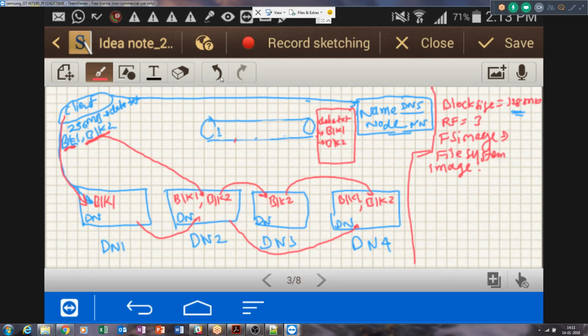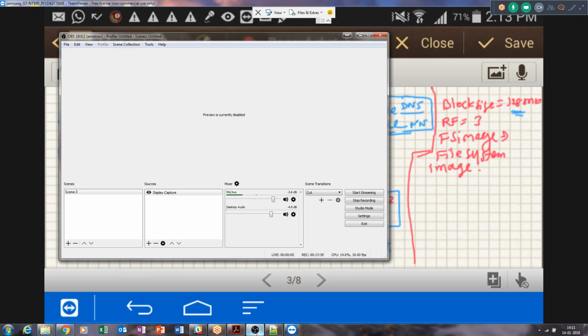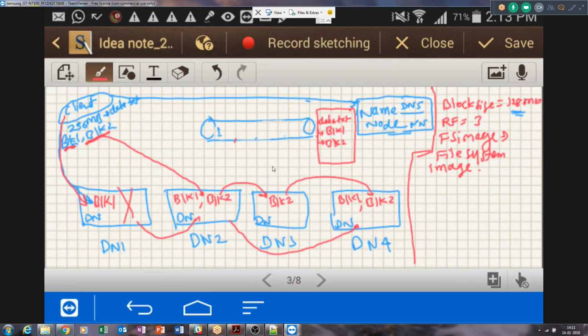Now what will happen is, let's say this data node died. It is out of network, it is out of order, whatever you say. So here your concerns come: what will happen to the replication factor of block 1? Because if the data node has gone, block 1 will be down to the replication factor of 2, because we still do not have the ample copies to be more fault tolerant.